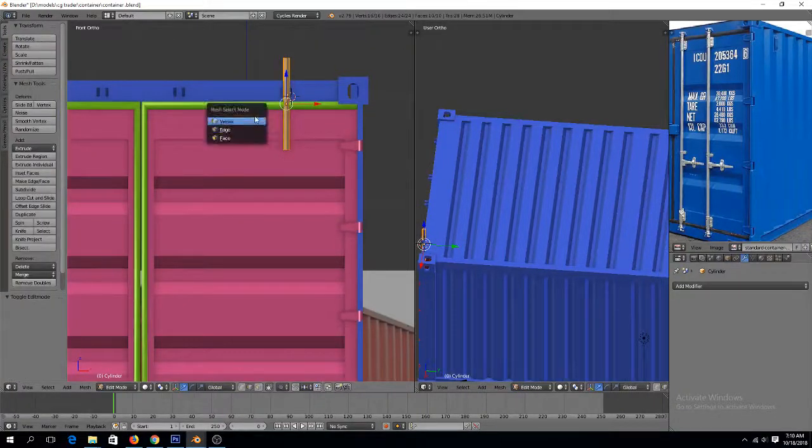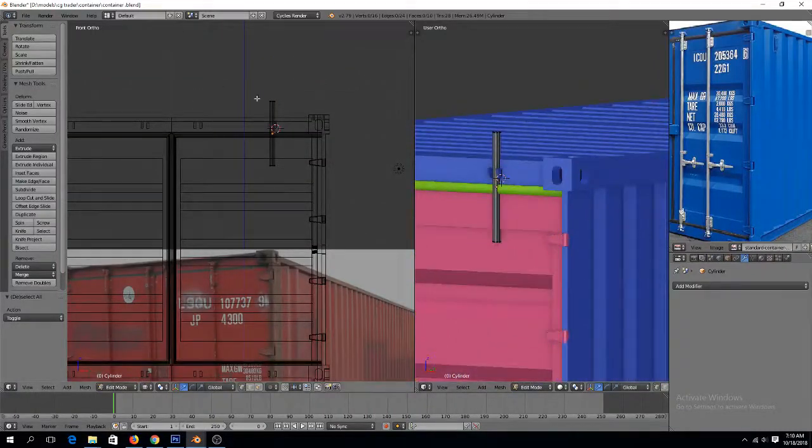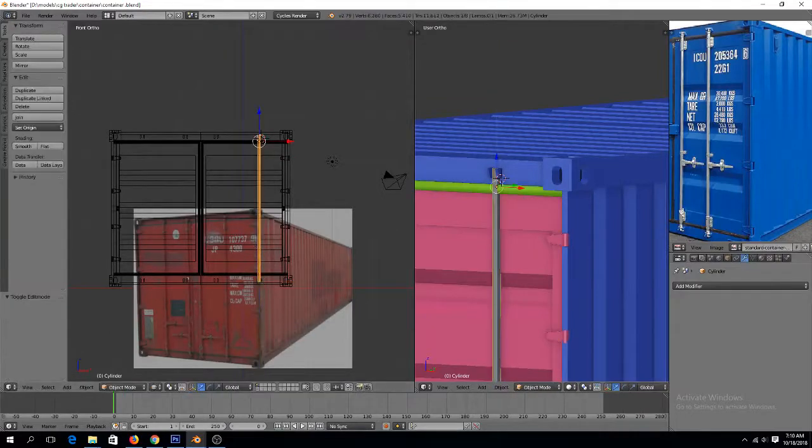You can select these top vertices, bring them to around there, grab these, push them to the bottom,